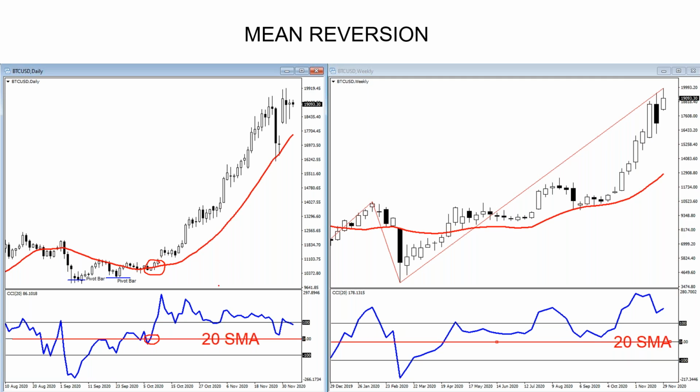So it can give you an idea that prices are extended, or in this case, the 20 period average is catching up to price, and if you believe in reversion to the mean, that's what we got down here. And the 20 period average shows up in a lot of indicators. The other one, of course, is Bollinger Bands, but a 20 period average is considered to be a fairly useful tool. Here, Bitcoin on the weekly chart again, as it crosses the zero line here,